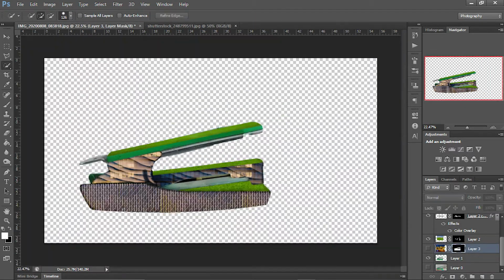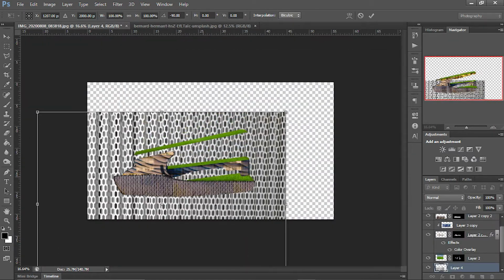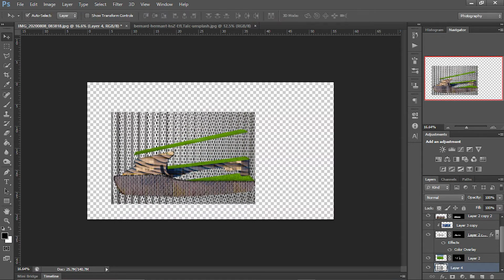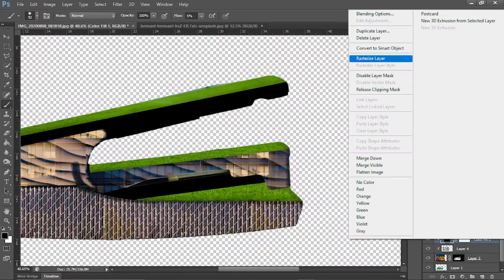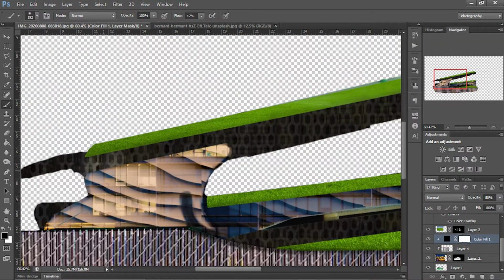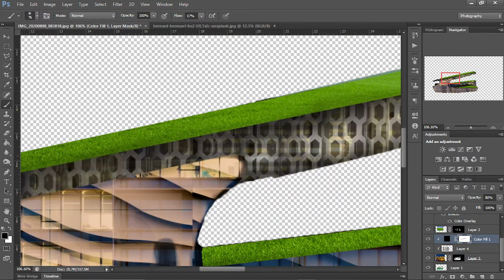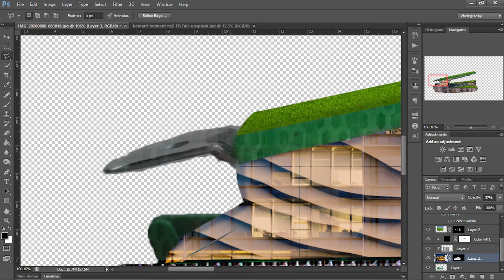And now here I added the main texture which I want to use, and the level of this texture is at the last, so this will be darker than all the other materials. Simply to do that, I added a solid color black layer, and from the mask with the help of the brush we decrease the blacks from the texture, and with the help of blend mode and opacity I give it perfect lighting as required.